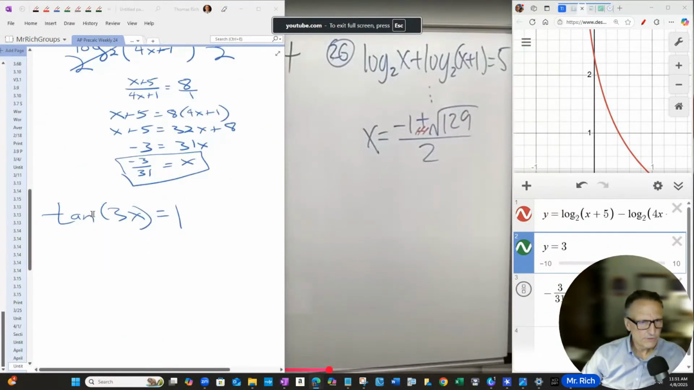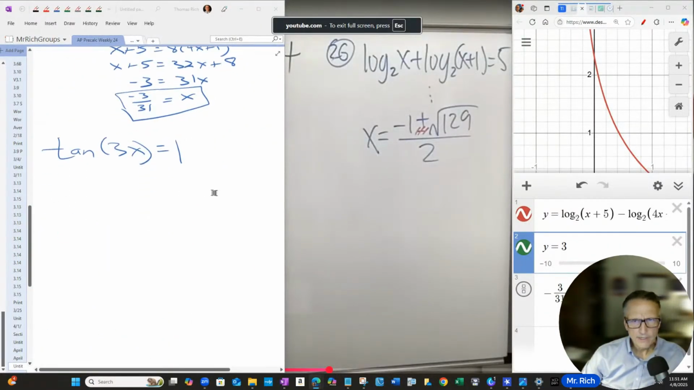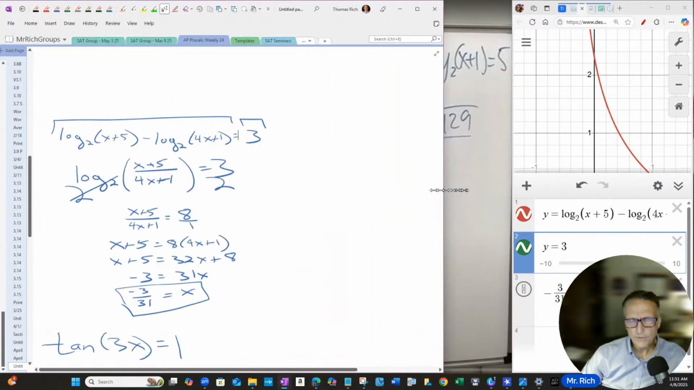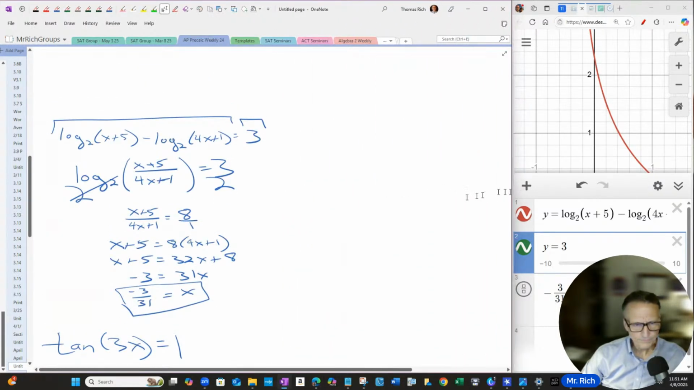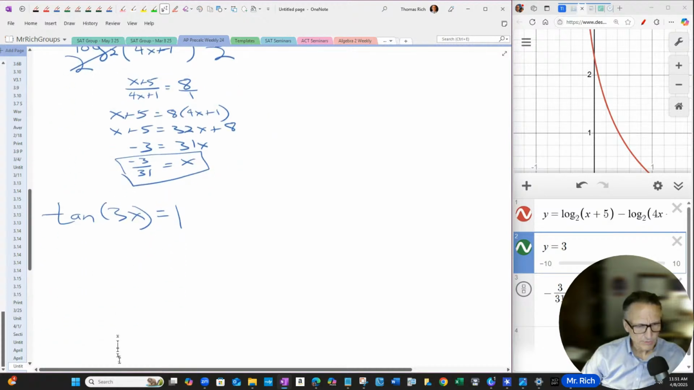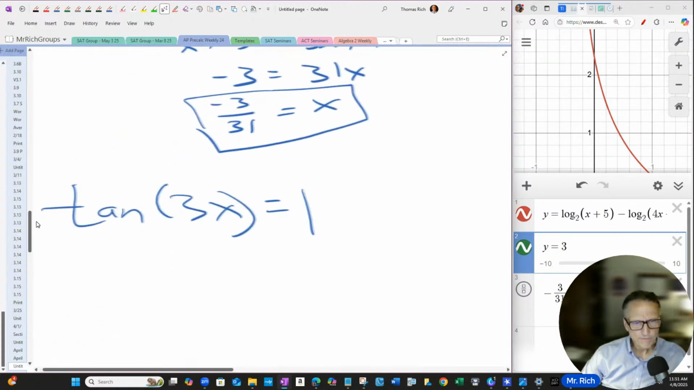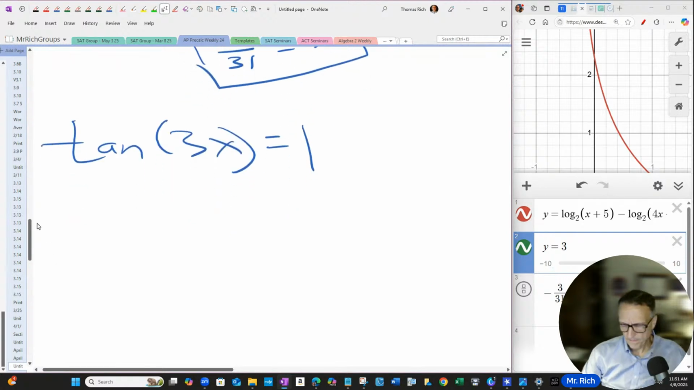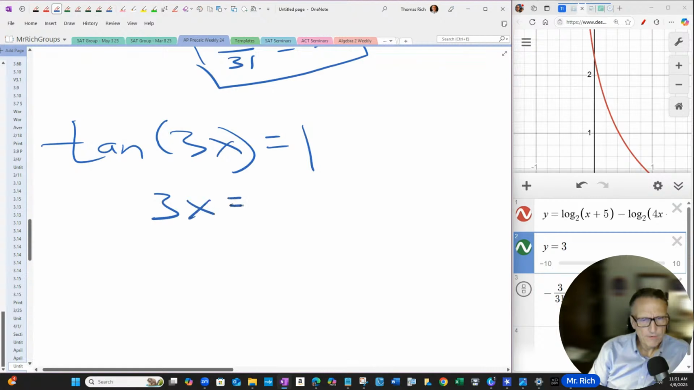All right, let's go to the next one. The next one that I decided to do here was a trig equation, tangent of 3x equals 1. And we're going to find all solutions to this. So what I'm going to do is take the arc tangent on both sides. All right, now when is tangent equal to 1? Well, there